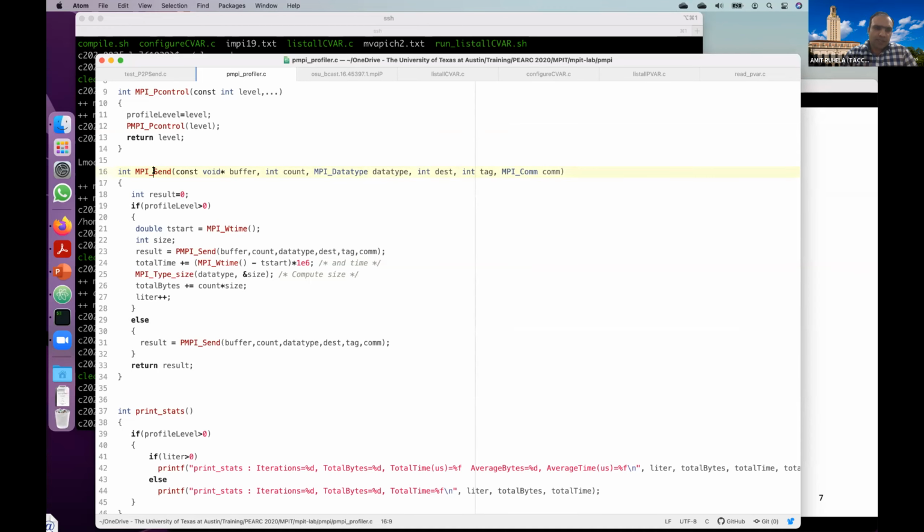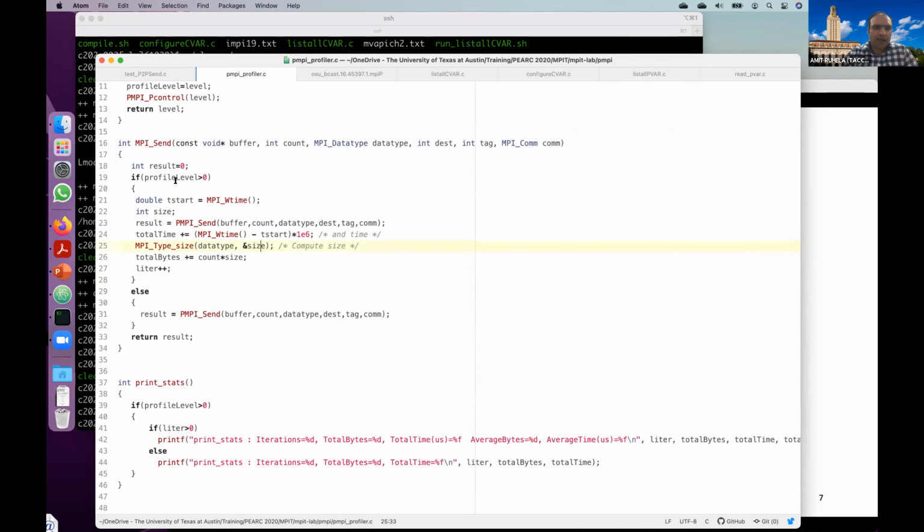In this MPI send function, before calling the PMPI send name shifted interface of MPI send, it starts a timer, and as the send completes, it records the time taken by the MPI send. Along with the time, it also captures the size, basically how many bytes are being transferred by this MPI send function.